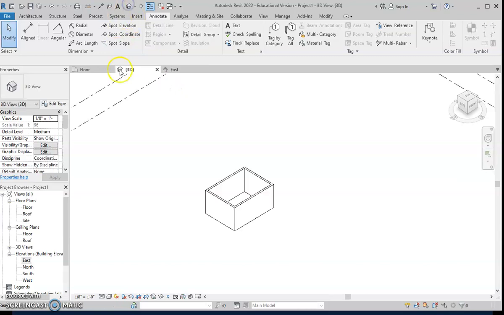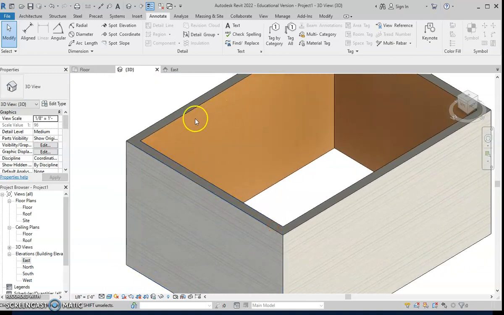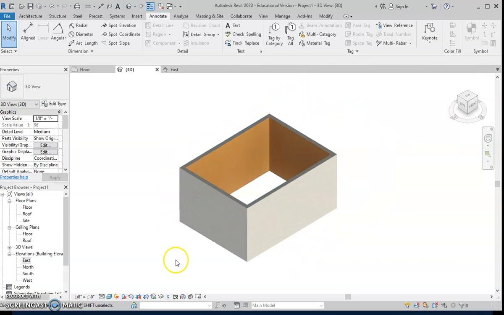All right, let's go and click 3D. Let's give it some color. We come down here to this cube, we hit realistic. We could see our plywood. It makes our stud layers all, even though it doesn't know that we have them 16 inches on center. And that's basically the first part of creating